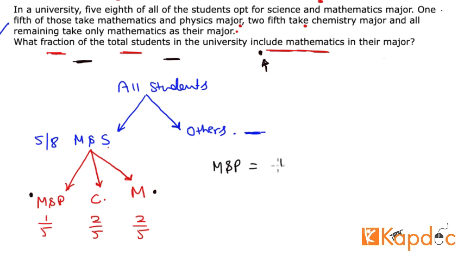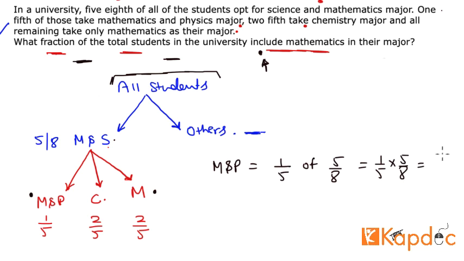You have 1/5 of people who study maths and science, right? So that means 1/5 of 5/8, correct? That is how you will count how many fractions relative to the total students, this large body, will be maths and physics. So that will be 1/5 of 5/8. So of course it will be 1/5 times 5/8, and now you have two fractions being multiplied. This will be simply 1/8 because the 5 will cancel with the 5 here.